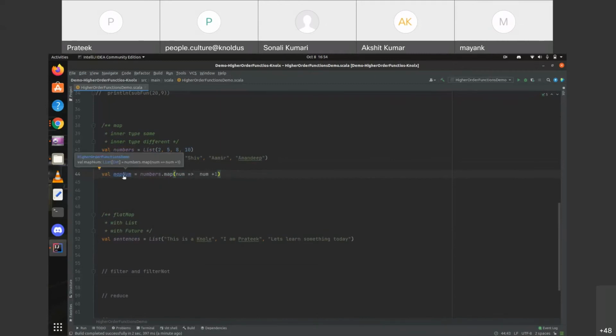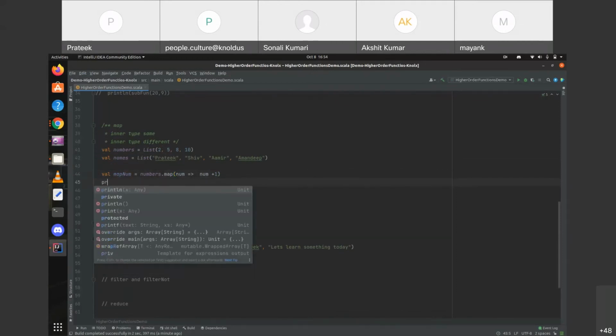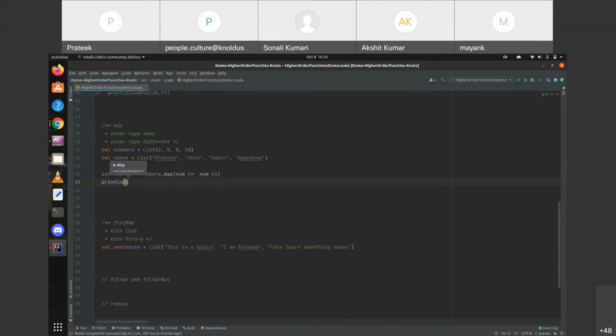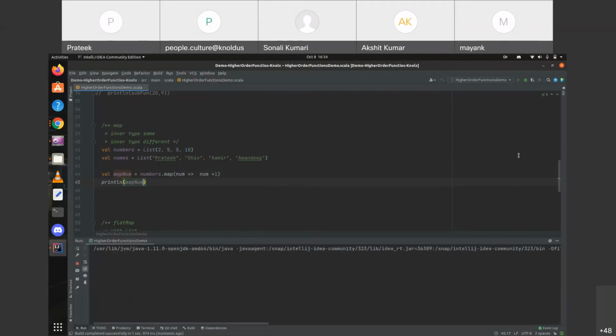So you can see here it's returning us a list of integers, and let's print this and see what the output is. So see, this function will be called on each of these elements, and it will increment them by one, and that's why we are getting 3, 6, 9, and 11 as the output.